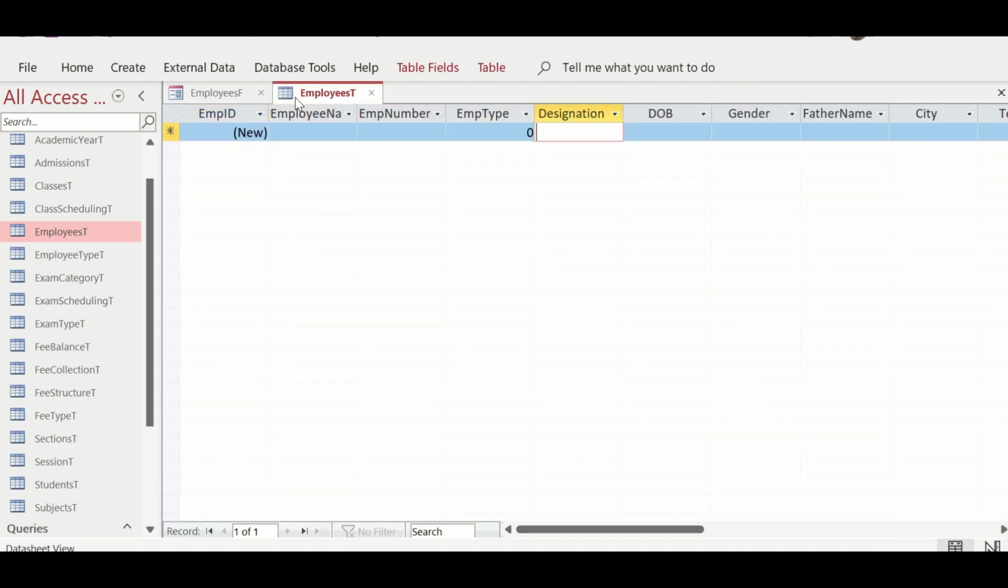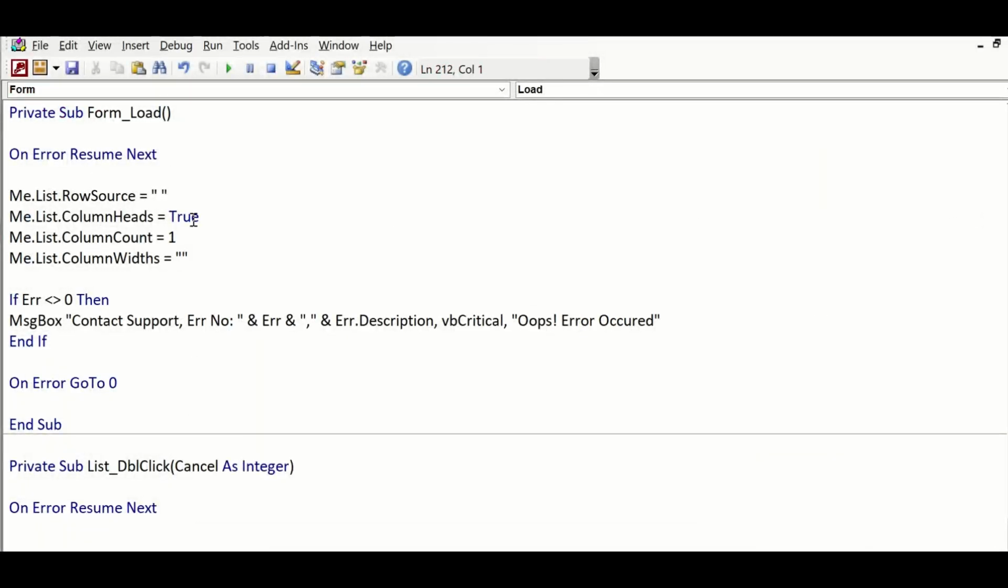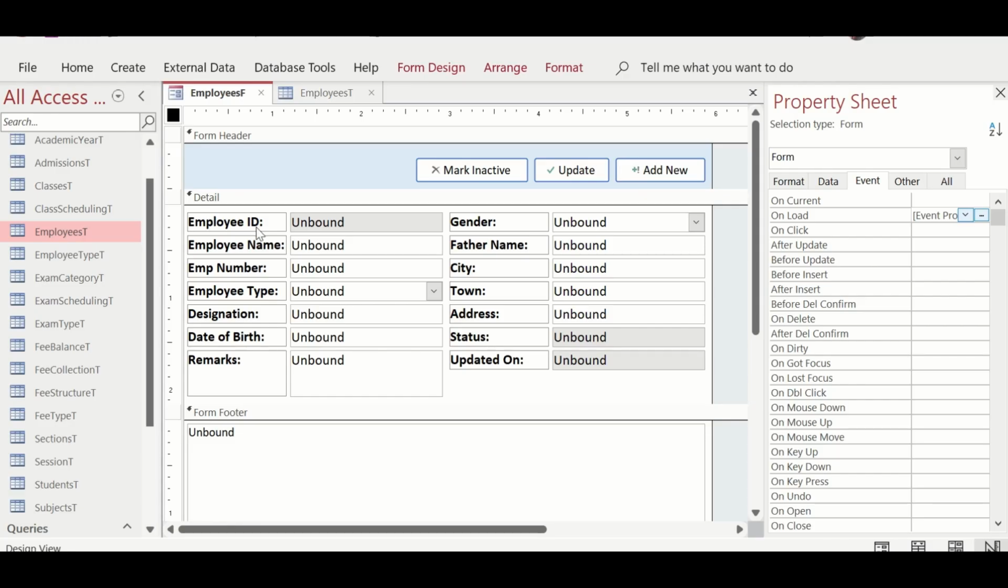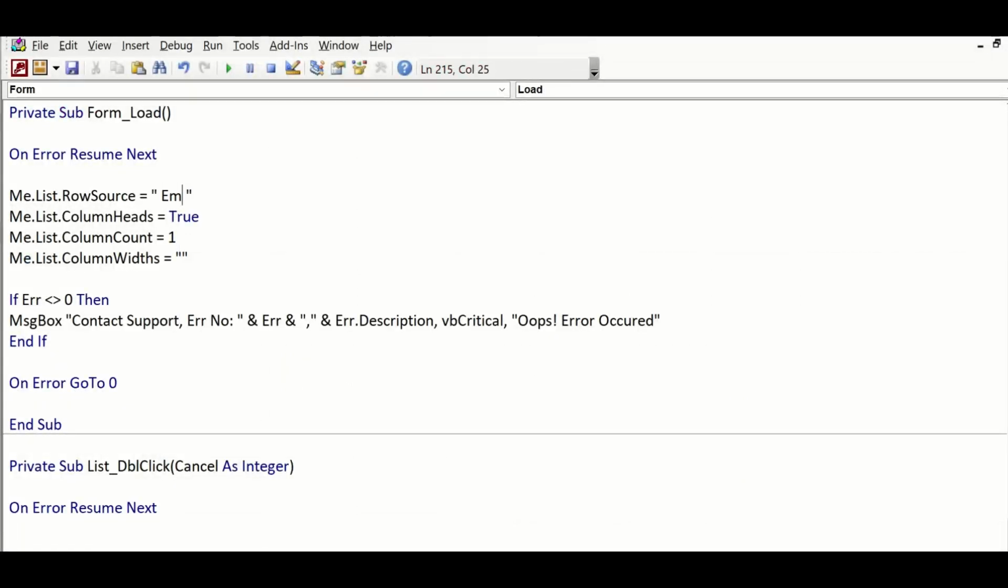Simple. We will select the form, go to the onload event, dot dot dot, and here we are. Here we will provide the line of code which will fetch the information from the table and display it onto the form's list box. So let's start. The first one is employee ID. So basically you'll say select what? Now, a select statement is an SQL statement. So select